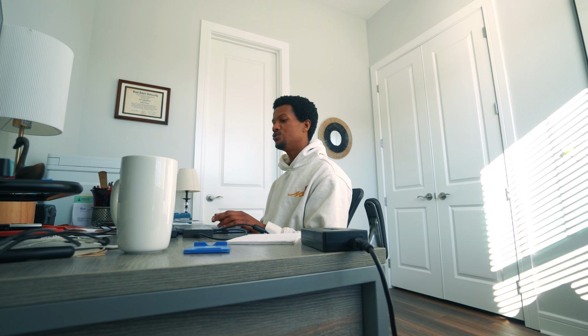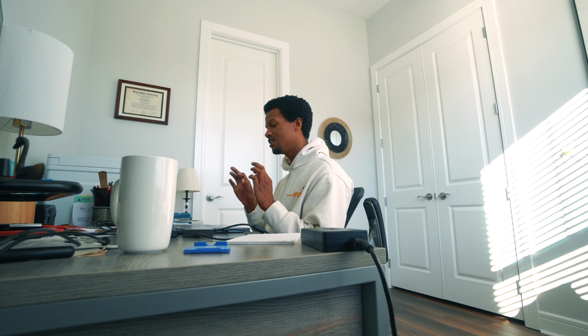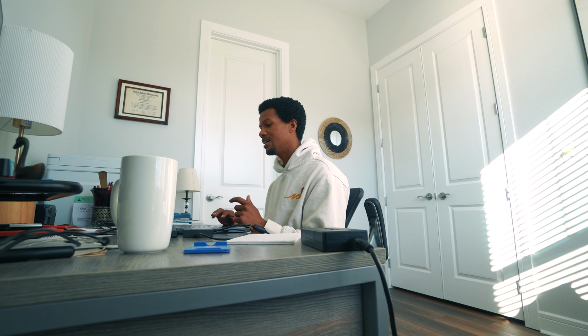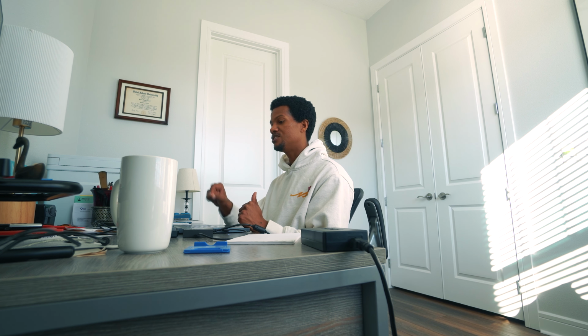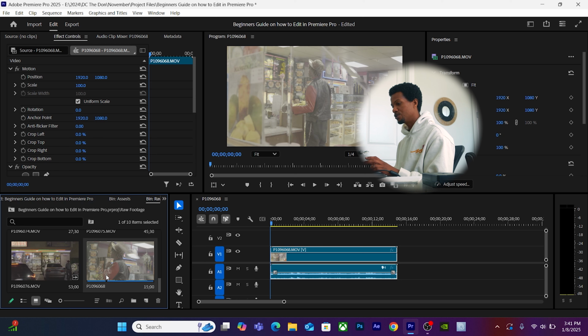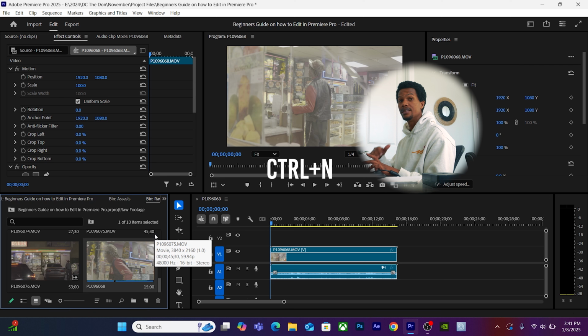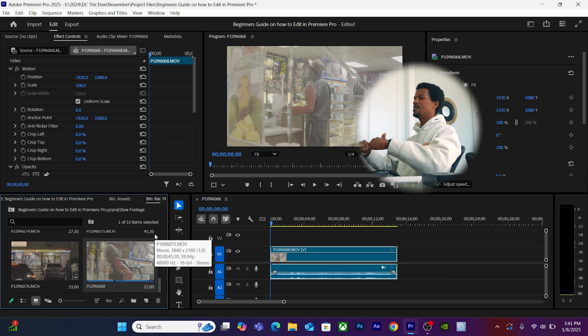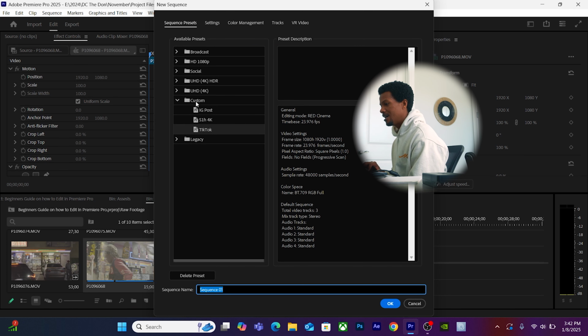Now, if you want to change your video into a certain dimension, you can go into sequence presets and change your dimensions. You can change your frame rate to a specific camera or a specific dimension for whatever you need it for. To do that, you click Control N, or on a Mac it's Command N, and a box will appear with all the presets for your sequence. I have custom